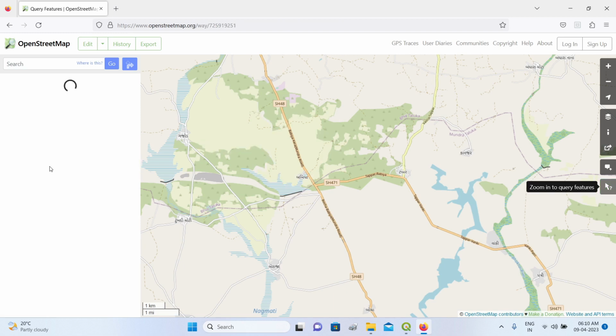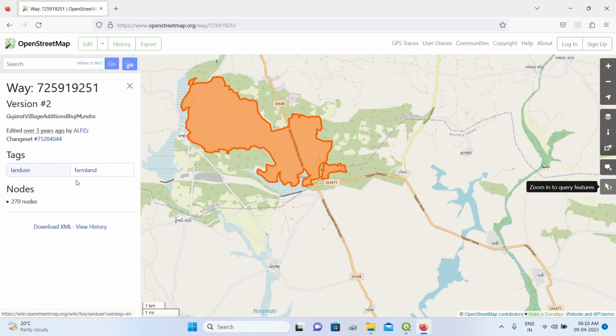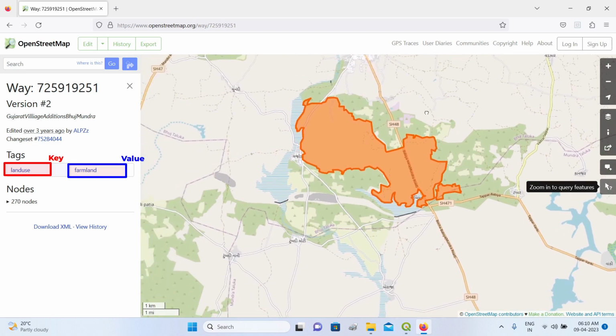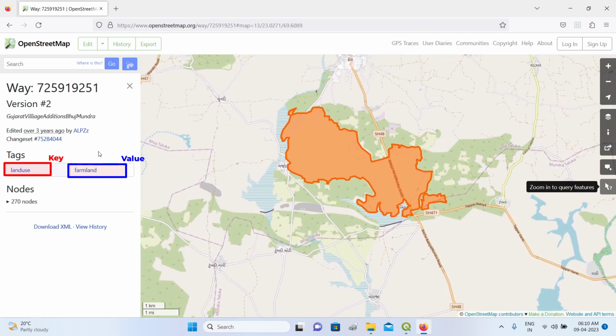So when I click on this, I see the correct tag that I can use. Land use is equal to farmland. So I can extract all kinds of farmlands in this area by using this particular key value pair, land use,